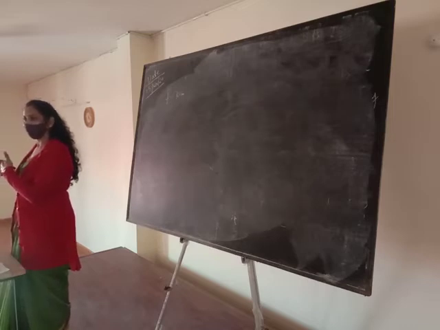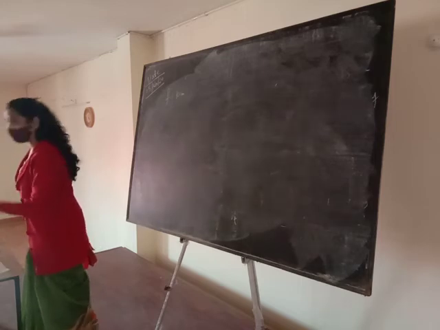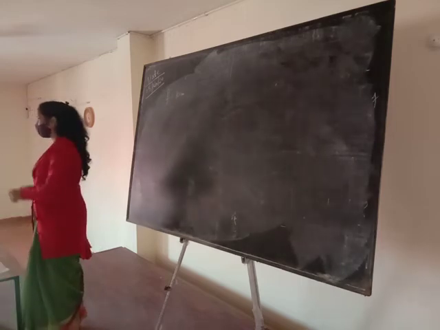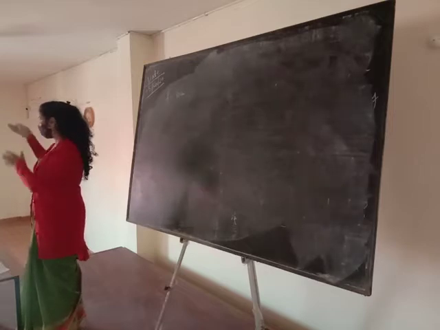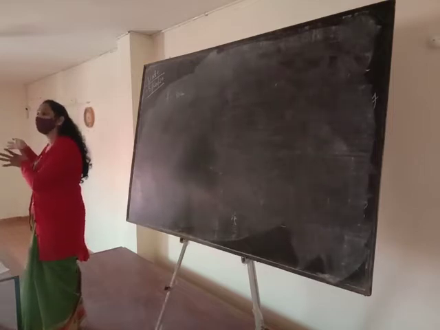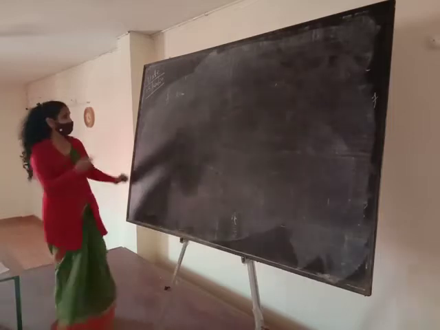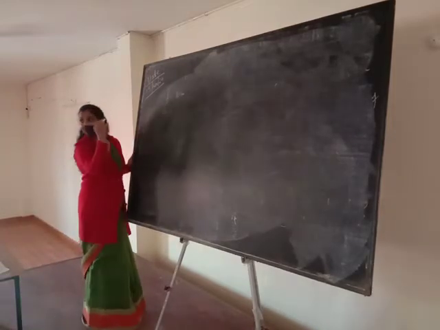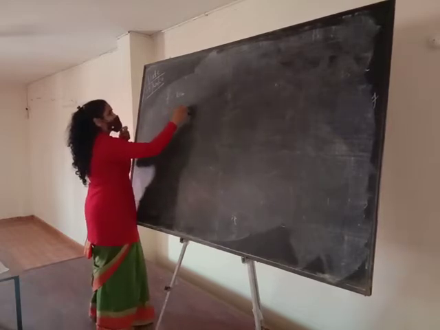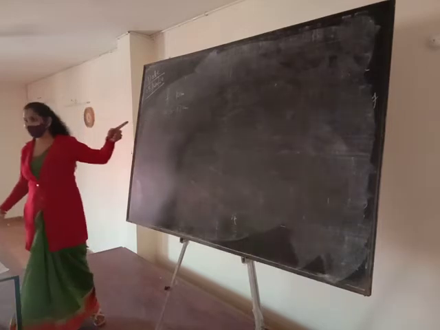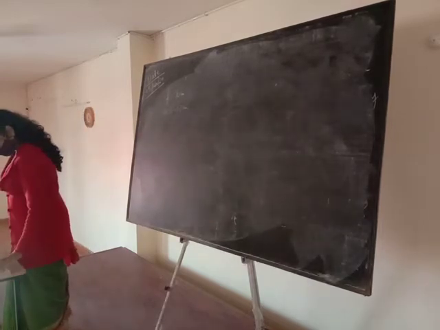An object. See, whose image do you have to make? Yes, of the wall. Okay, this is the object. If you want to make the image of the wall, wall is the object for us. So the distance of the lens and the object is called U. And what is U? U is equal to minus 12. Yeah, it's very important that you should write the sign with the values. U is minus 12. Now, what do you have to find here?